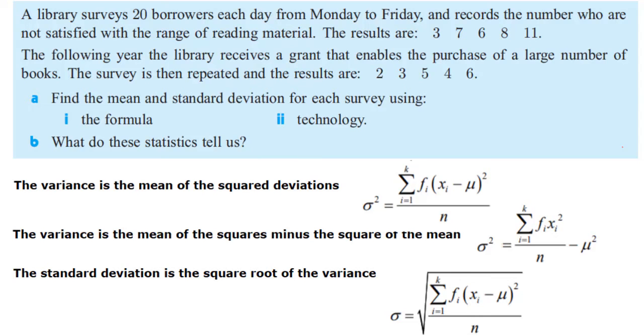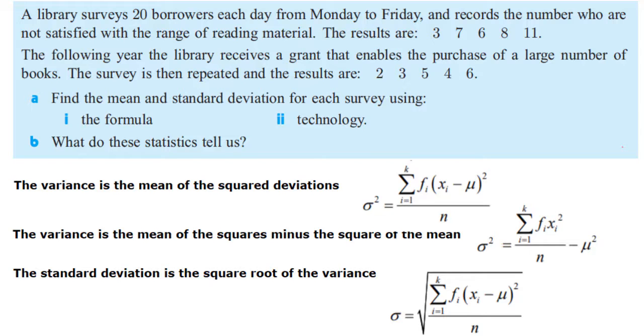A library surveys 20 borrowers each day from Monday to Friday and records the number who are not satisfied with the range of reading material. The results are 3, 7, 6, 8, 11. So that's the number of people out of 20 surveyed who said that they're unhappy with what the library is